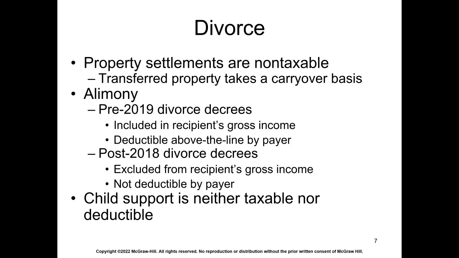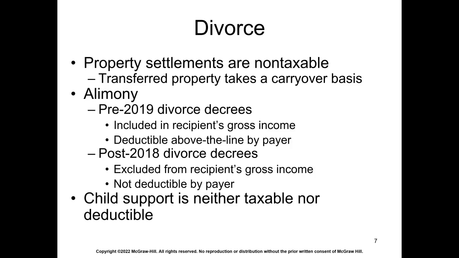Then they talk about alimony. So alimony, there's a cutoff date. If the divorce happened before 2019, then alimony is included in the recipient's gross income, and then it's also deductible as an above-the-line deduction by the payer. So right before 2019, so through 12/31/2018, it's included in the recipient's gross income, but deductible above the line by the individual paying it. So beginning January 1st, 2019, or as they describe it here, post 2018, it's excluded from